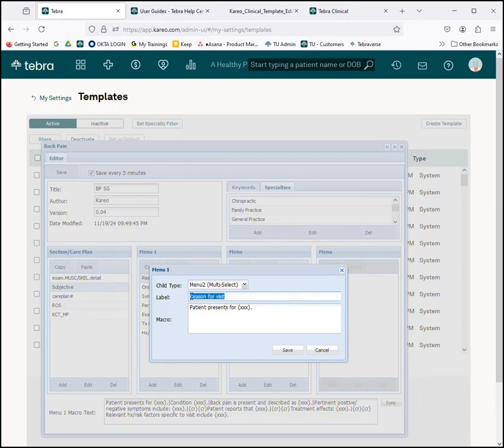The label indicates what the question's going to be. When you are in the note and you're looking at your questions and you're asking those of your patient, that's what your question's going to be. But the macro text is probably the most important because the macro text actually shows what is going to populate in the visit note. So you ask the question, what's your reason for visit? They tell you they're here for back pain, but your macro text says, I want it to say patient presents for,